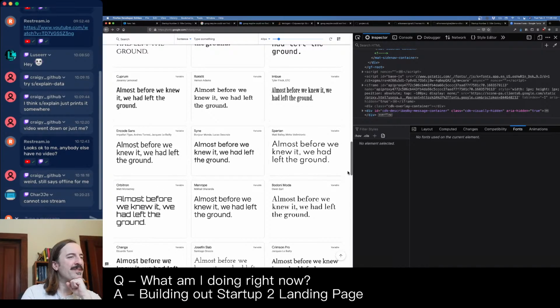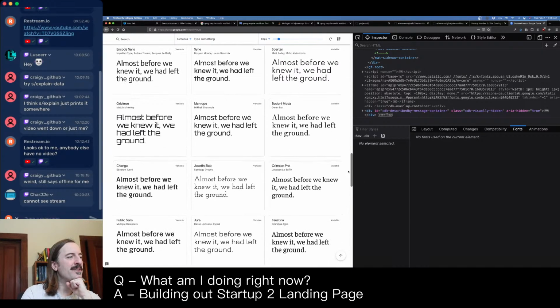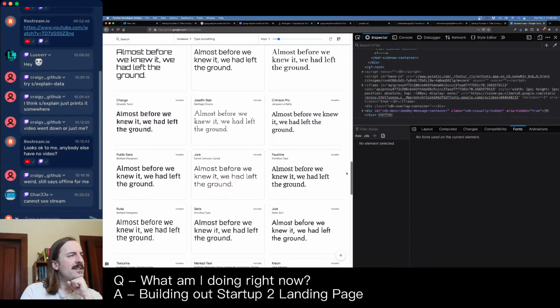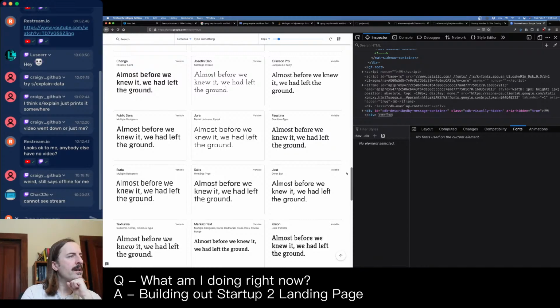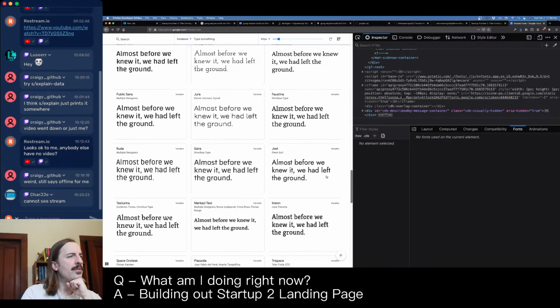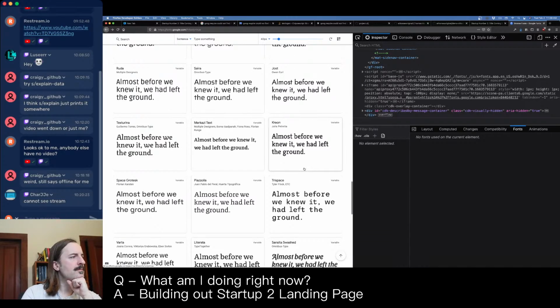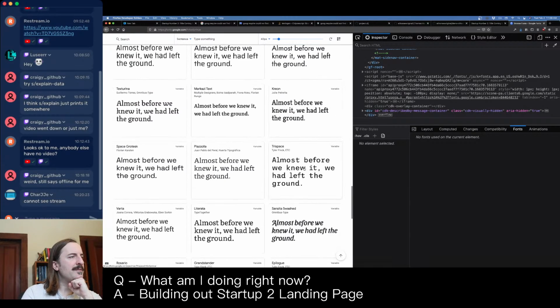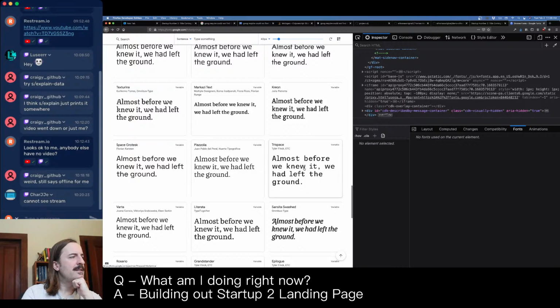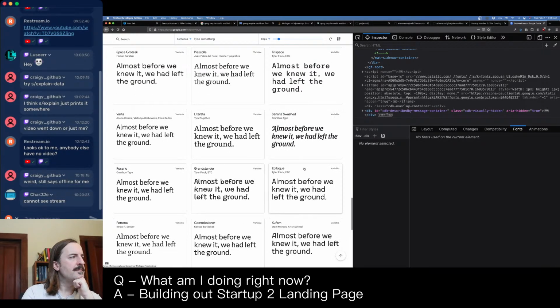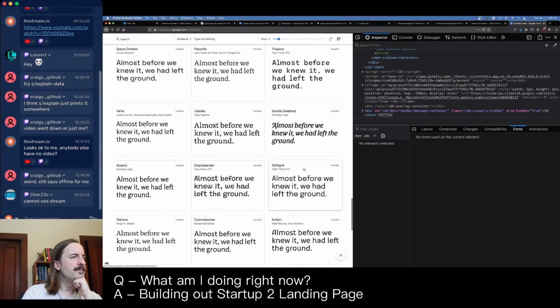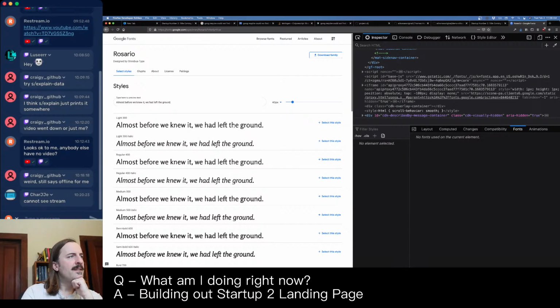Orbitron, definitely used that before. That's a fun one. Faustina, Public Sans, Hind, Yost. Space Grotesk. Yeah, maybe this one, but